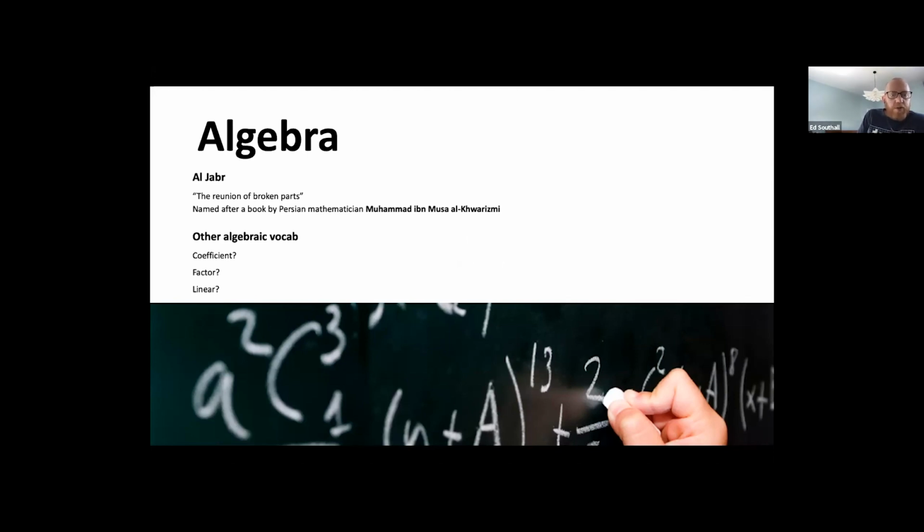So Algebra means the reunion of broken parts. And this was a book that sort of formally introduced to a wide-ish audience some of the notions of algebra as we know it today, hence why those ideas were collectively named after his book. And he's a great link for teachers. It's not often that we get asked about famous mathematicians. I'm not going to delve too deeply into this now, but there is a kind of a whitening of maths history, and most of the major discoveries in maths tend to get attributed to